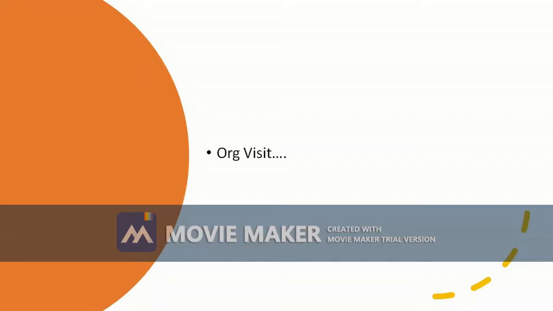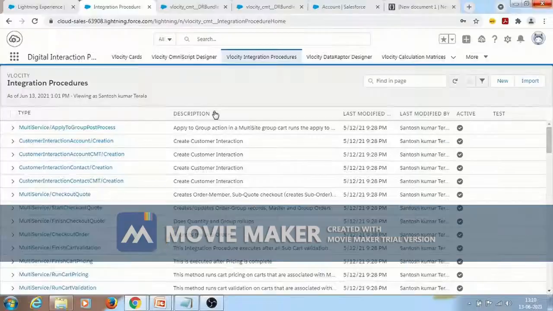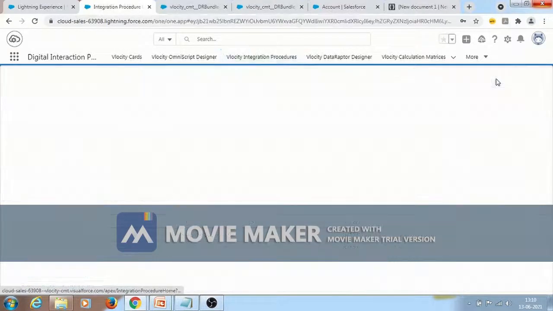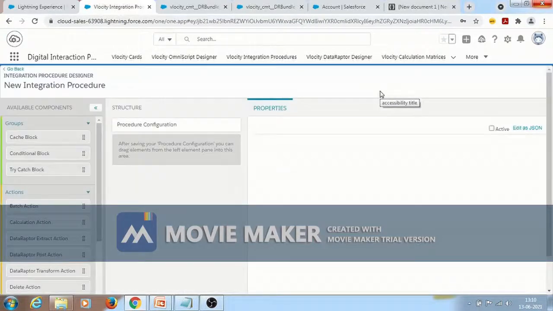Let's visit the org and see how we can configure this IP. In the integration procedure tab, we need to click on New so that a new integration procedure will be created. For that, we need to give a unique name. Let me create one account and opportunities here.